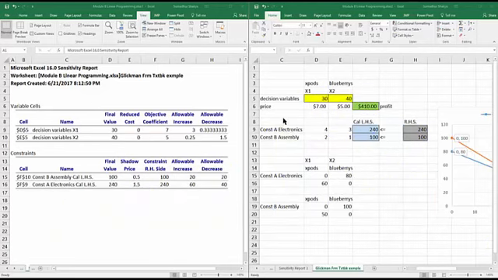Now, for the decision variable x1, which is the xpod, just to make sure we are talking the same, the maximum increase you can go for the $7 is 3. The allowable decrease is 0.33, which is 33 cents. So you can go 33 cents below $7 and $3 above $7 and still be making 30 xpods